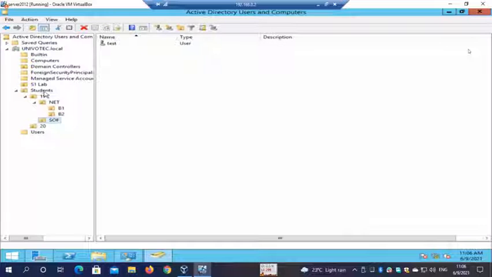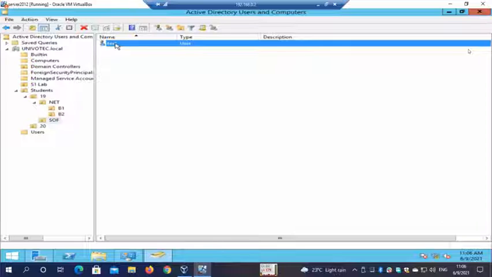Did I delete it? Okay, here it is. So this is a user account object, right? This is a leaf object, right? I cannot have anything inside this object, not like OUs and folders.